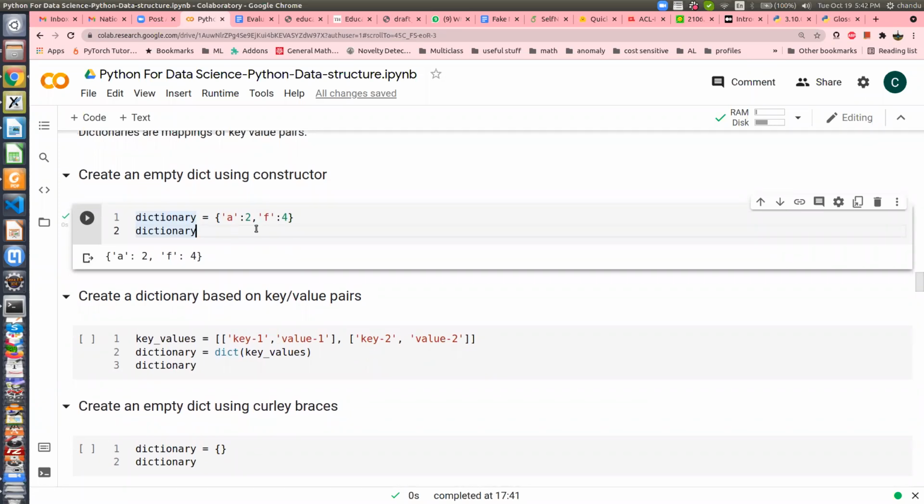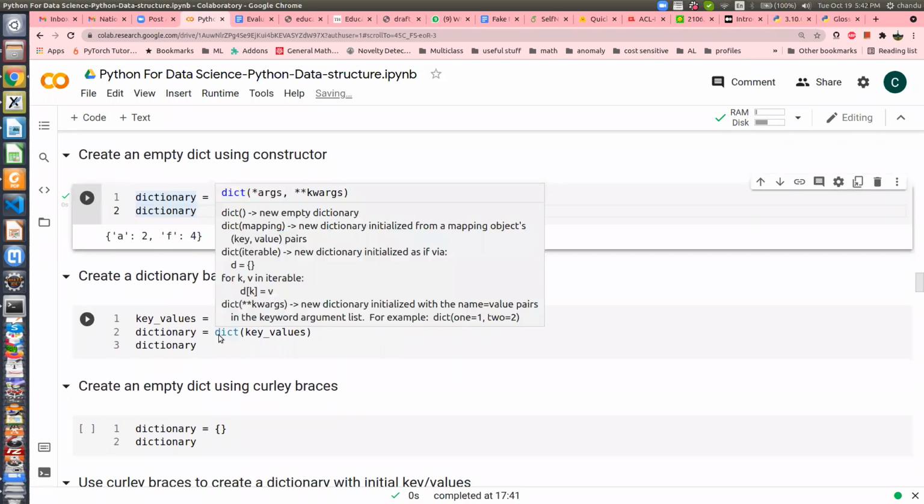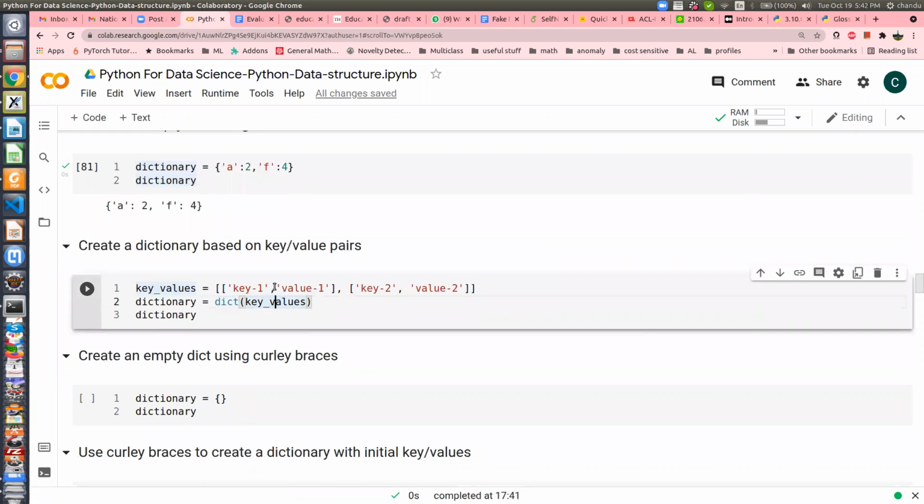Another one is using the dict command. You can call that object with some value. If you have pairs of keys and values in a list of lists, you can pass that list of lists into dict and it will create the dictionary.